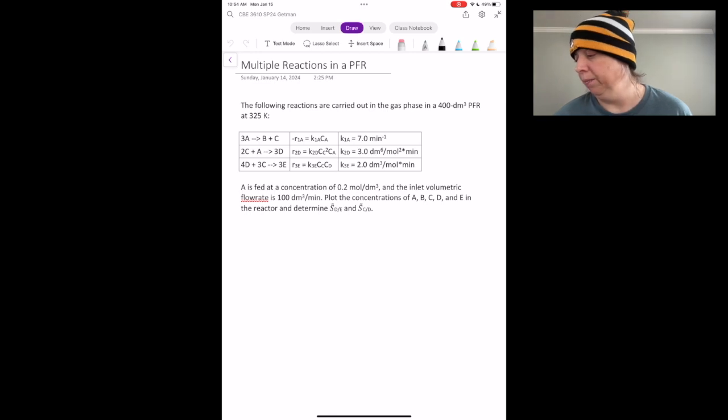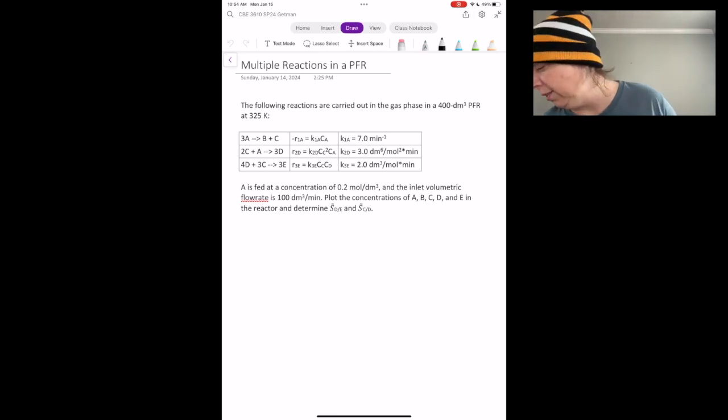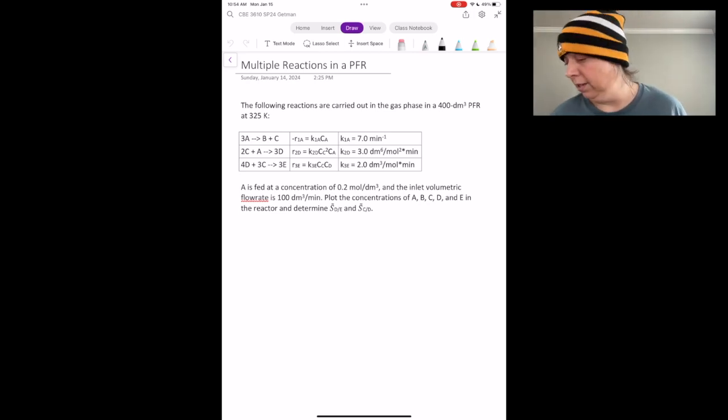Okay, so for this reaction in this reactor, species A is fed at a concentration of 0.2 moles per cubic decimeter and an inlet volumetric flow rate of 100 cubic decimeter per minute. And what we need to do is plot the concentrations of A, B, C, D, and E in the reactor